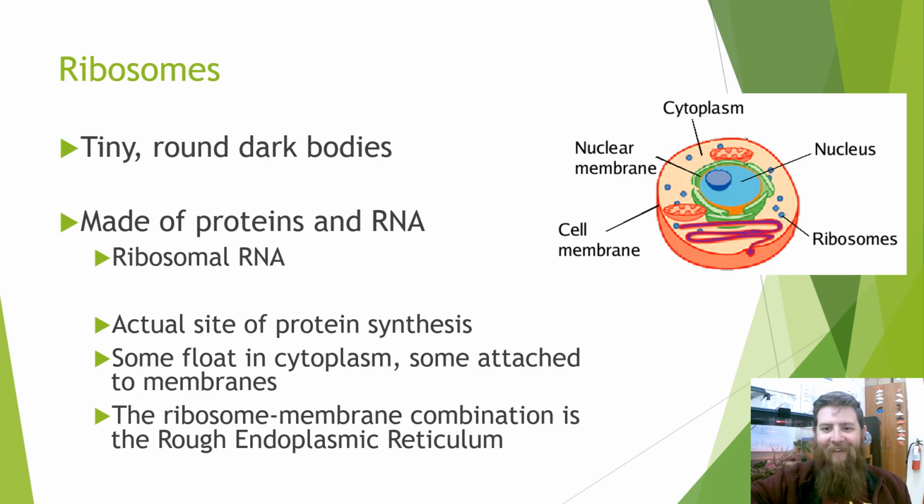Ribosomes are little tiny, dark, round bodies inside of the cell. They're made of proteins and RNA. The RNA that they're made of is called ribosomal RNA, named after it because it makes it. This is where protein synthesis actually happens. And some of these are floating around in the cytoplasm, and most are attached to what we call the rough